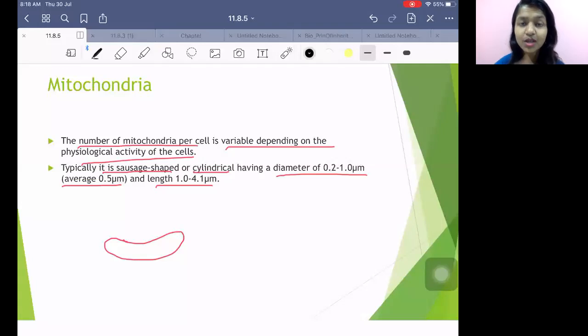Got it? In today's class, what did we learn? We learned about the types of vacuoles which are found in the cell and the endosymbiont theory. Because mitochondria and chloroplast show similarities with the prokaryotes. They have double-stranded circular DNA. They do not have eukaryotic ribosomes as eukaryotes do. So these similarities prove it.